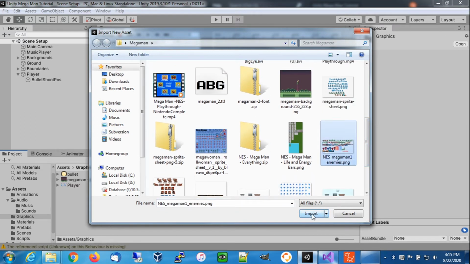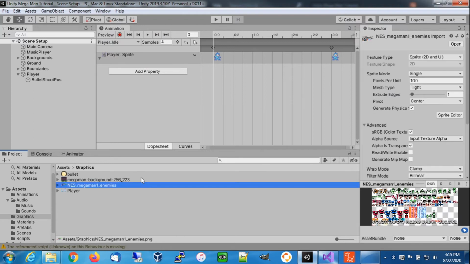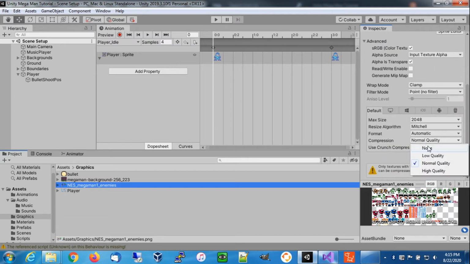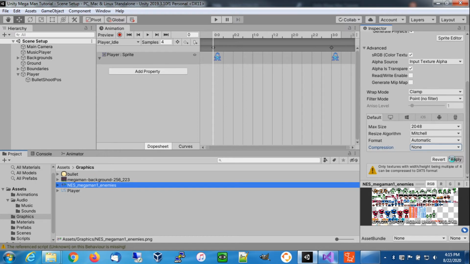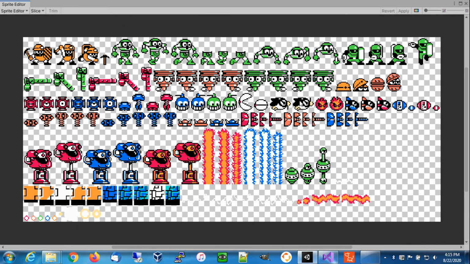There's a big sprite sheet filled with enemies. We're going to import this, give it a sec. Okay. We're going to change it to multiple, no filter, compression, and apply it. Okay, so then we're going to go to the editor and